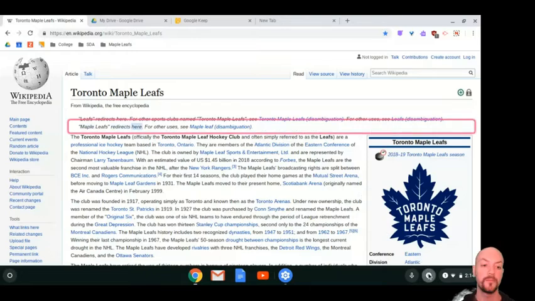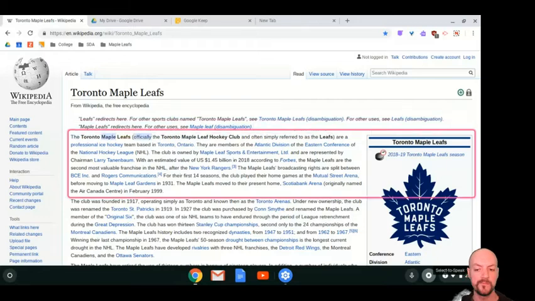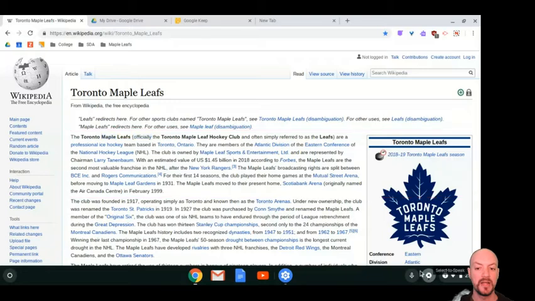Maple Leafs redirects here. For other uses, see Maple Leaf disambiguation. The Toronto Maple Leafs, officially the Toronto Maple Leaf Hockey Club, and often simply